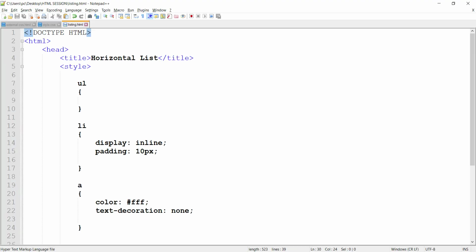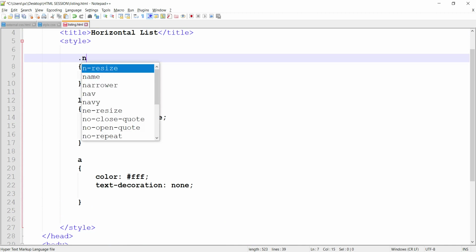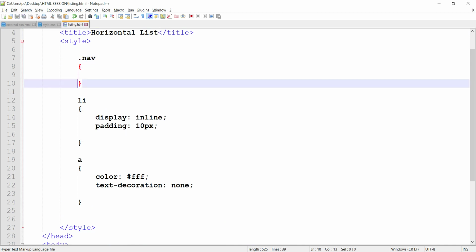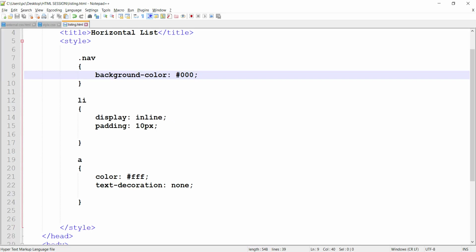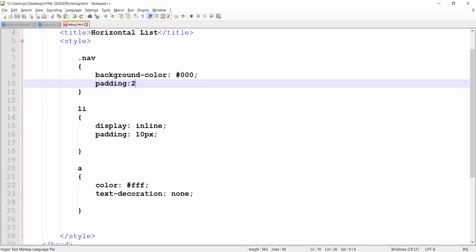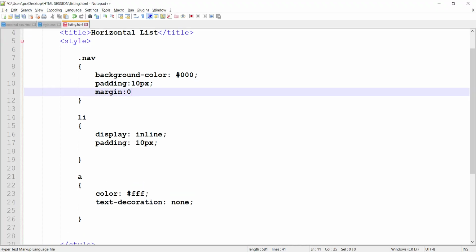So here we are getting our text, but it's white color, so we are not able to see it. So I am targeting nav, that is the div, and I am giving background color. Yeah, we got our nav here. Padding 20%. Okay, this is big, so 10% I think. Yeah, perfect. And margin I would like to set to 0.